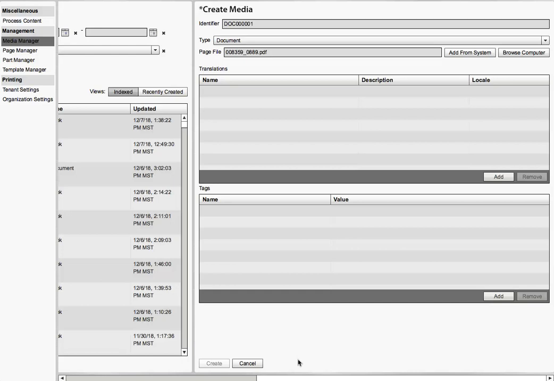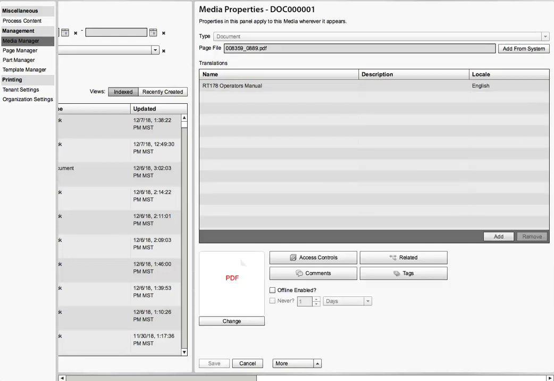and now that we have our file targeted, we need to add a name and any applicable tags. We'll call this the RT178 Operator's Manual. With that information inputted, we click Create and are automatically taken to the Media Properties pane to view the details